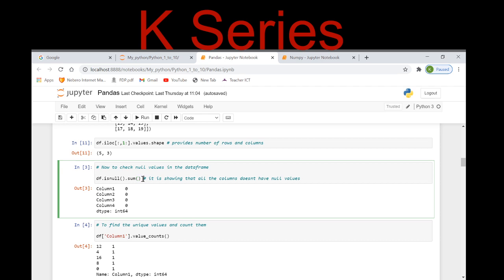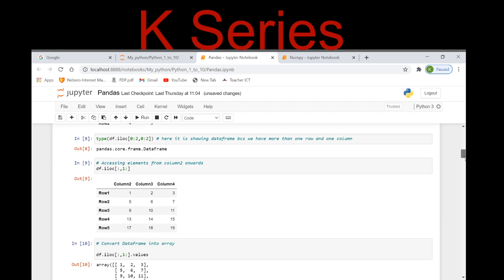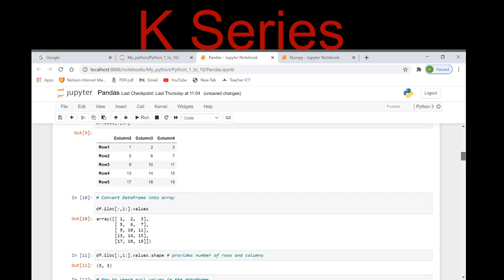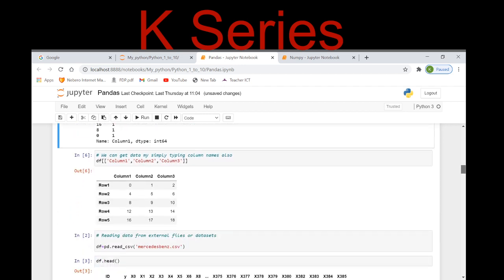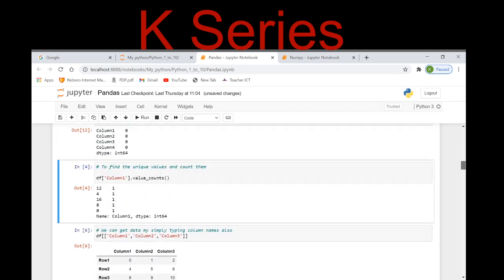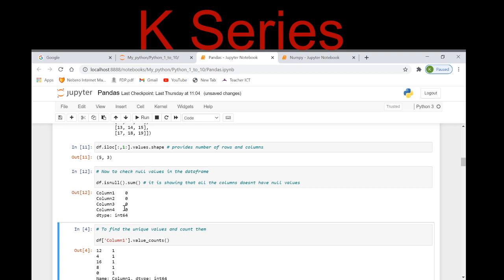So when I execute it, it is showing me 0, 0, 0, 0 for the columns, because there is no null value over there, right?